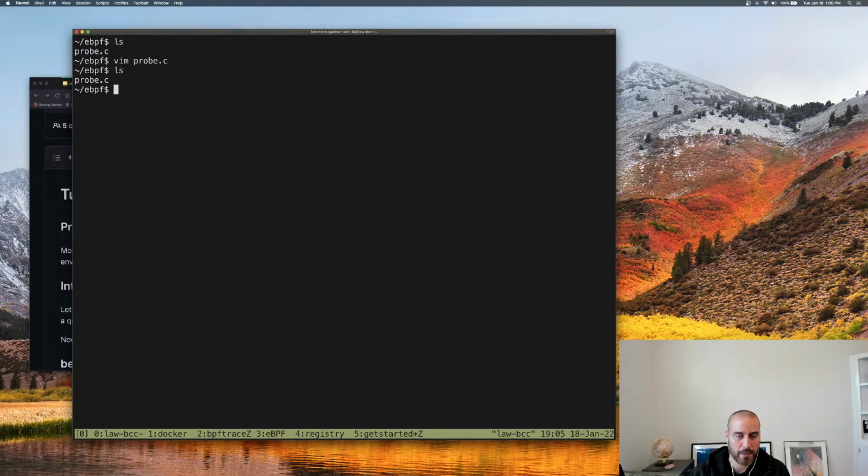So what we're going to do is build using the B command, the B CLI. We can do a B build, and we want to build the probe.c file. And then one of the other cool features of Bumblebee is that,